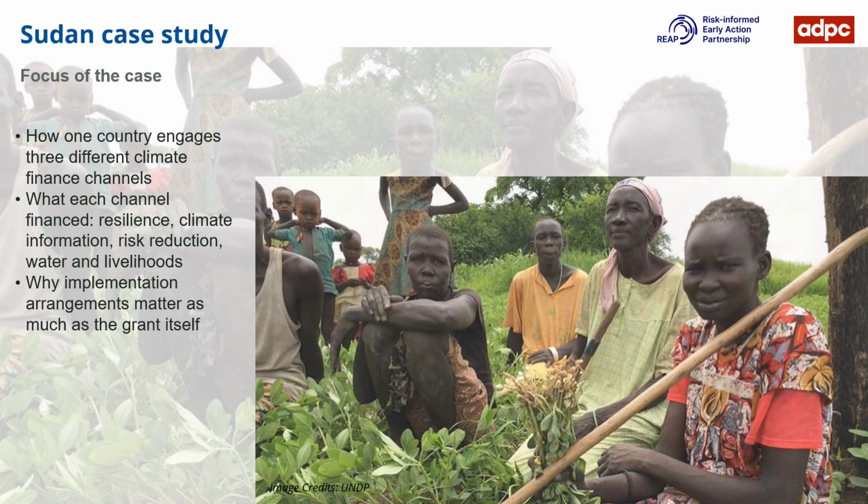A project's success depends on who governs it, who implements it, how national institutions are involved, how local actors participate, and whether systems are strengthened beyond the project cycle. This is particularly important in fragile or risk-prone contexts. Finance can only translate into resilience when coordination, delivery systems, institutional capacity, and local ownership are strong enough to sustain action.